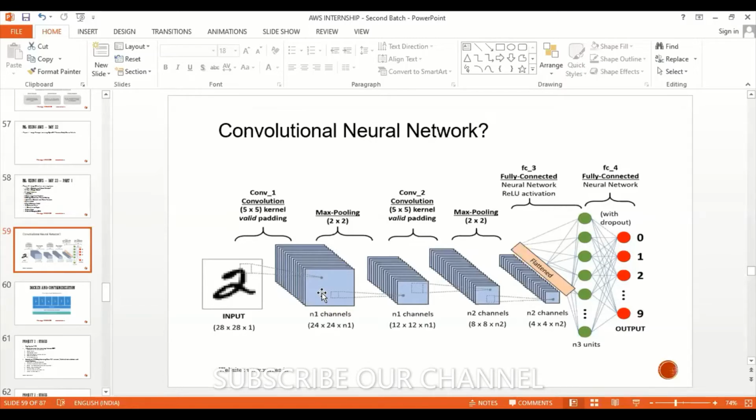The batches are nothing but the number of samples you are going to take of this image. Suppose I want to recognize this image. Generally, if it is a color image, we try to convert that color image into grayscale. Understood? So you will get a black and white image.